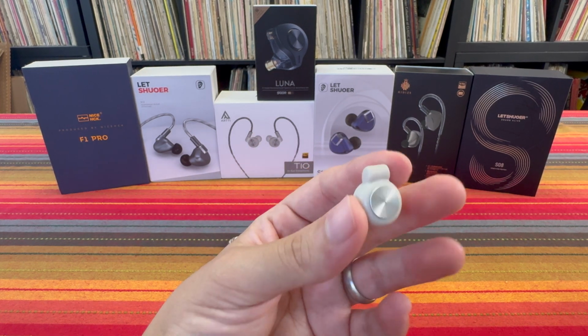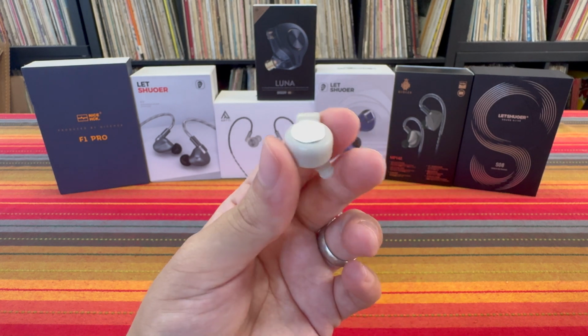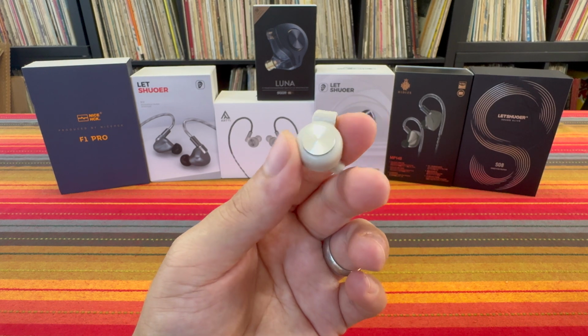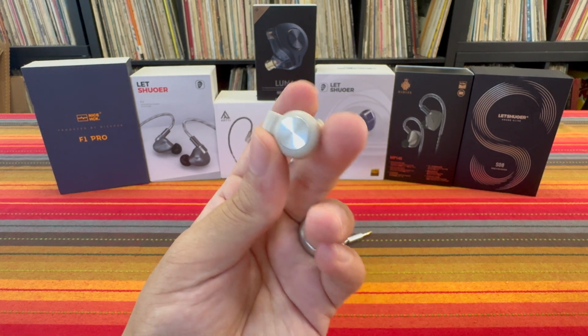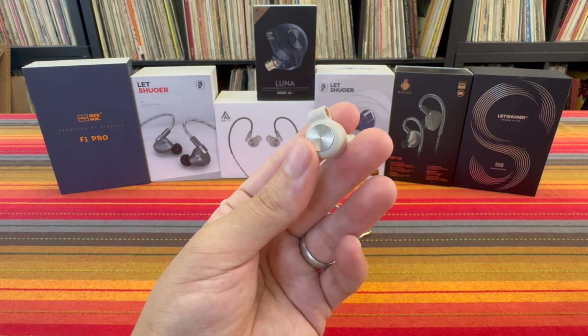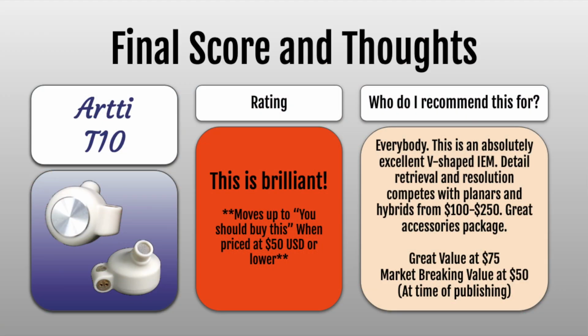And honestly, that's kind of how I feel about the Artti T10. Okay, maybe it doesn't look the best, and the chin slider is borderline useless. But with how mature this is tuned compared to the stuff more expensive than it, how much it costs, what you get in the box for that money,